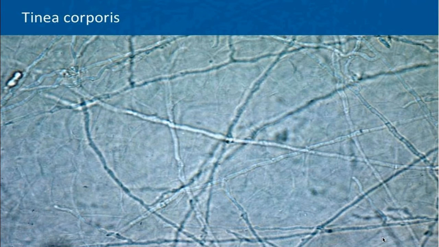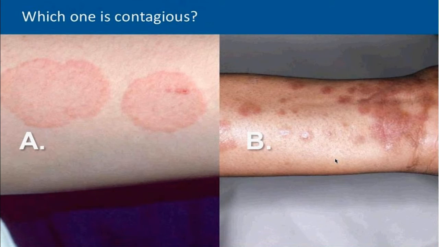The diagnosis can be made in the office very simply by doing a skin scraping and putting on 10 or 20% potassium hydroxide, and that's what I'm showing you here. So you can see these long hyphae that have a kind of refringent or birefringent characteristic that's greenish blue. So easy to make the diagnosis.